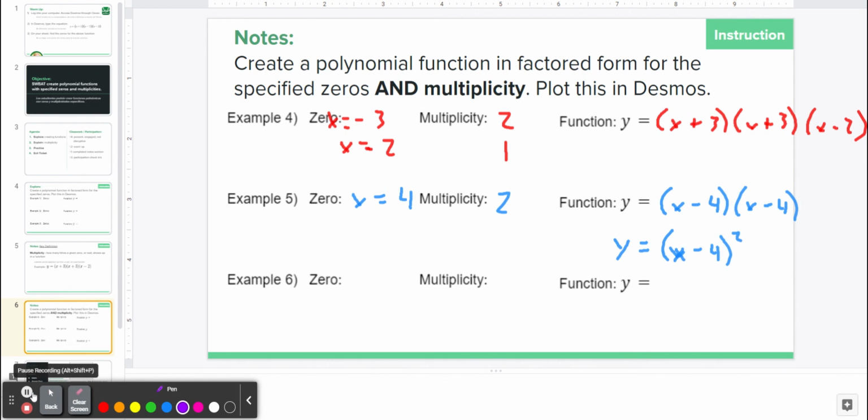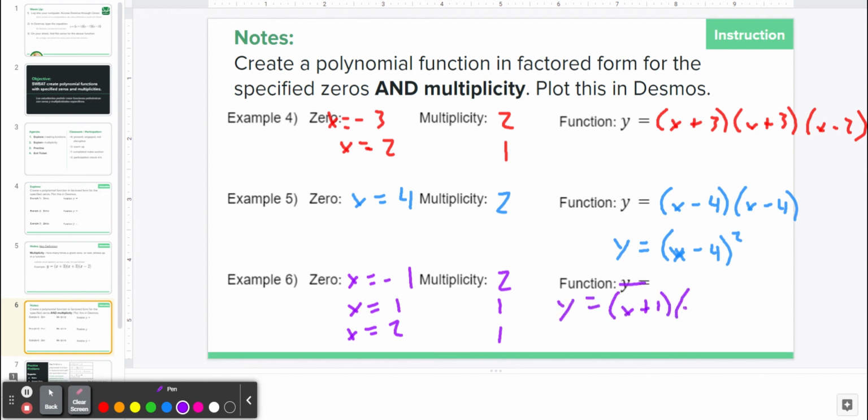And for our final example, let's go with this. We have a zero at x equals -1 with a multiplicity of 2. We have a zero at x equals 1 with a multiplicity of 1. And a zero at x equals 2 with a multiplicity of 1. Okay, we can write this function, and I'm going to write it just a little below here so I have more space. Y equals x plus 1 times x plus 1 times x minus 1